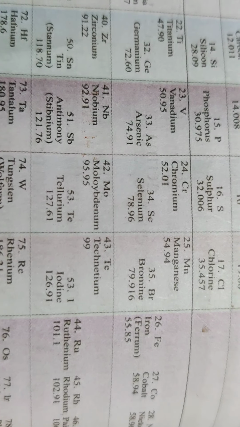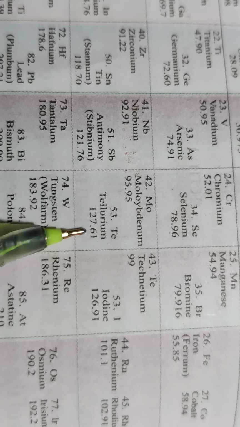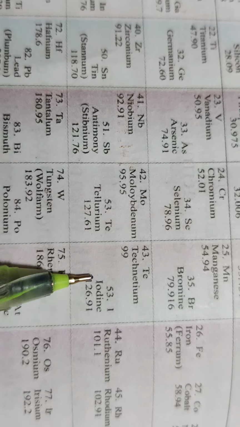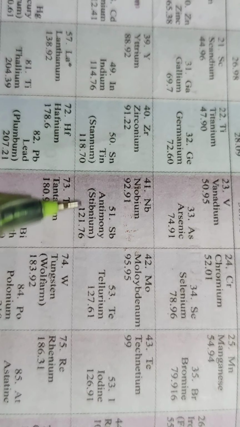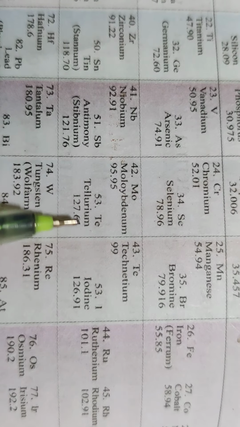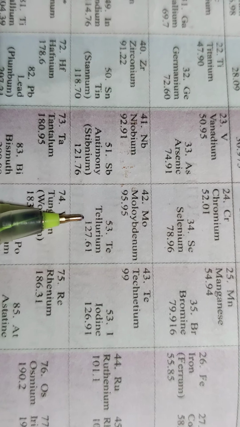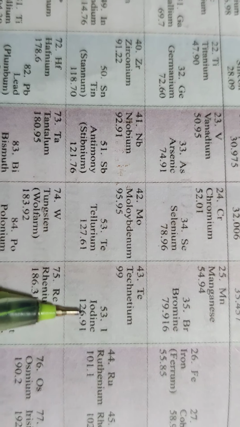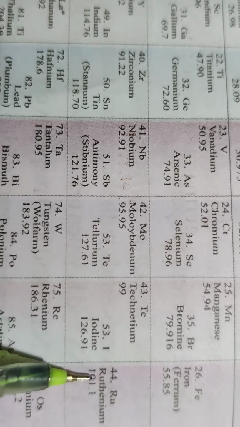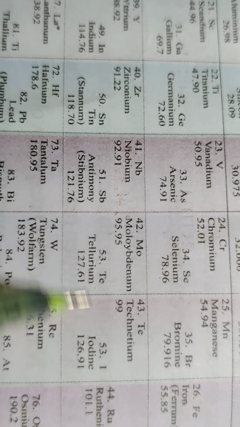You can see one more table in the textbook. In that you can see tellurium is 127.6 and iodine is 126. Actually in the increasing order, but here there is a small inversion. The atomic weight of tellurium is first, then the atomic weight of iodine, the lesser atomic weight, is later. So this type of series is known as anomalous series.